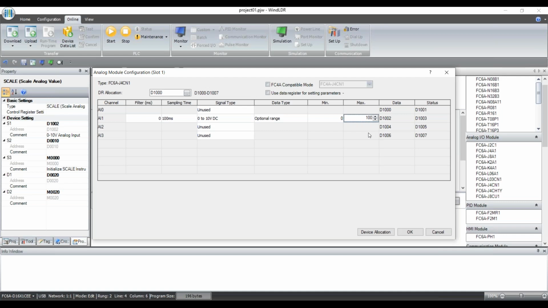Okay. This is perfectly legal. No reason that I could not have done this. Then what I would have seen was when I would have had 0 to 10 volts, that would have been scaled between 0 and 100 and stored in D1002. Okay. Perfectly legal. One thing to keep in mind though, if you do this, what you are in effect doing